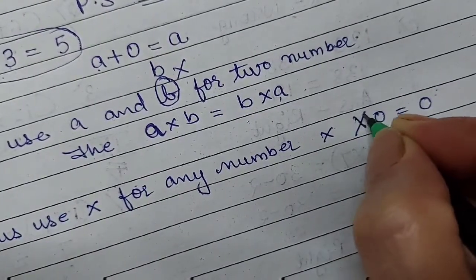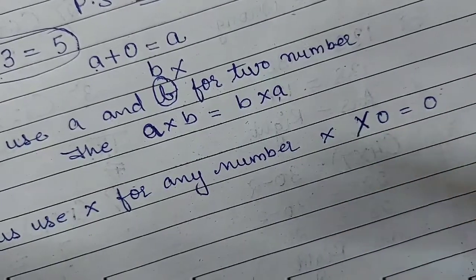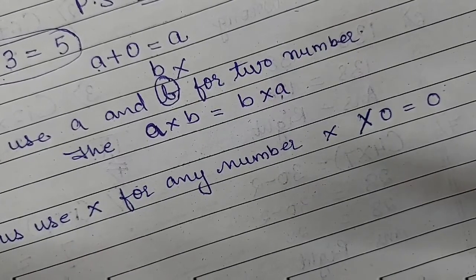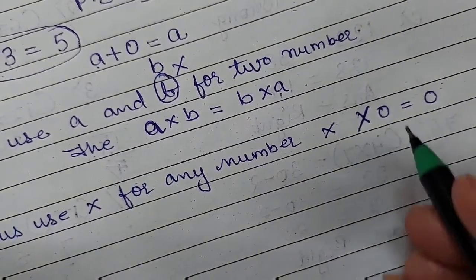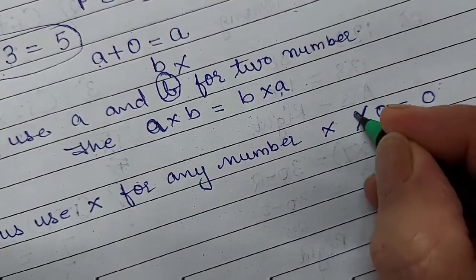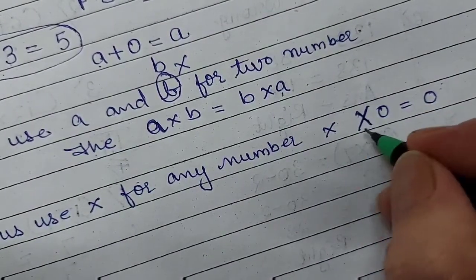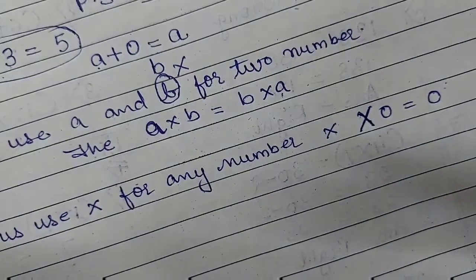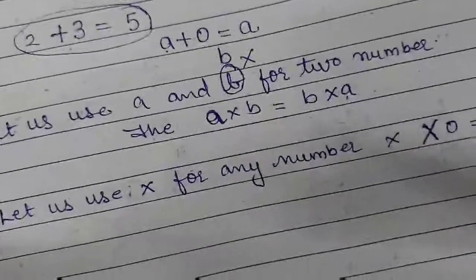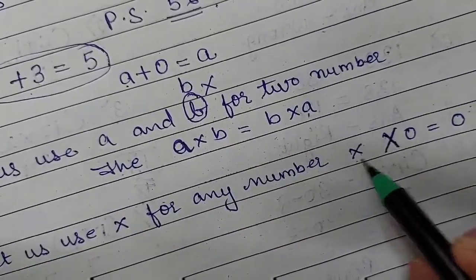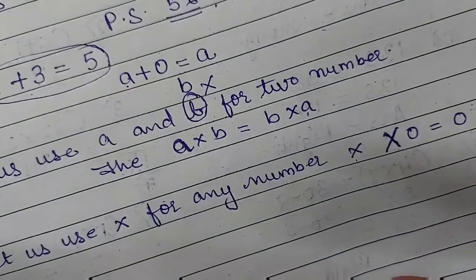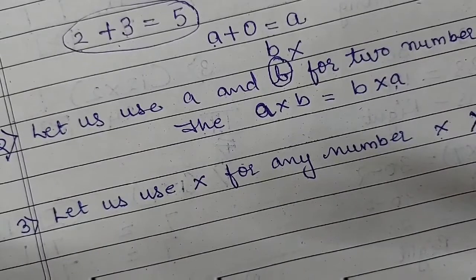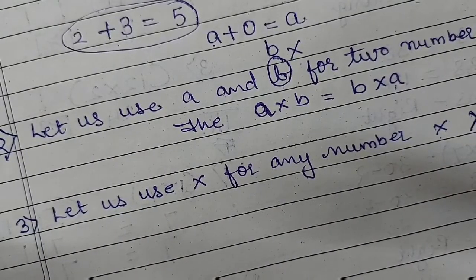Now children, while writing this, this time your exam is on Google form, but while writing in future, please note that X and the multiplication sign are there, so make a difference while writing both. If you write them in the same way, you will get confused and you might get it wrong. So please write it properly. The X sign and the multiplication sign should have a difference. So children, now we have finished the first question.